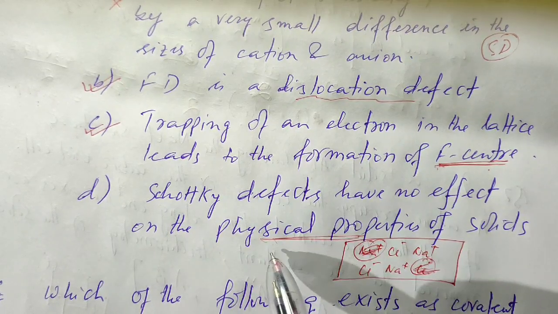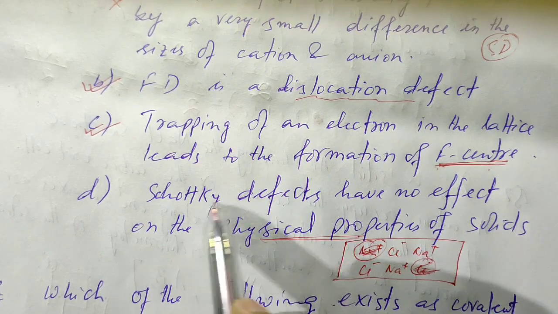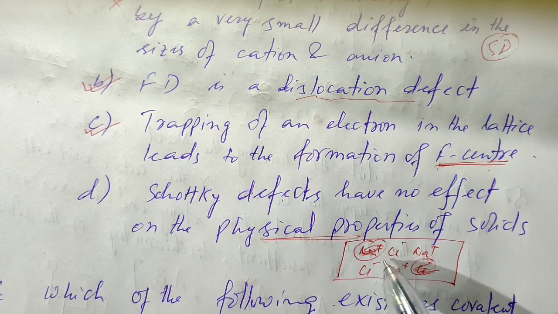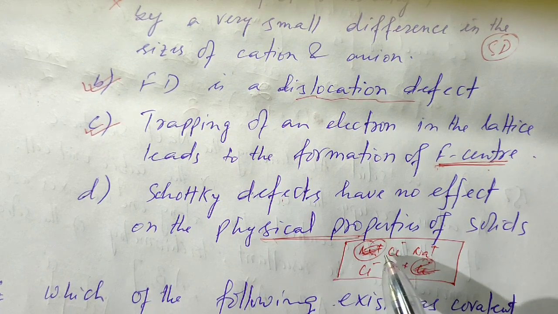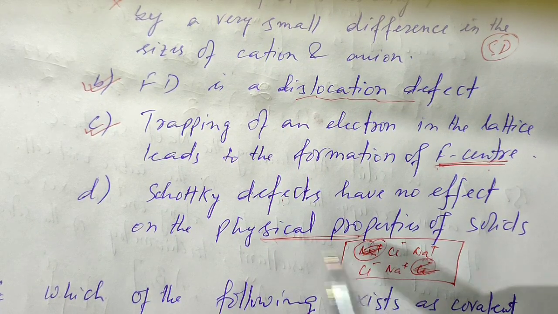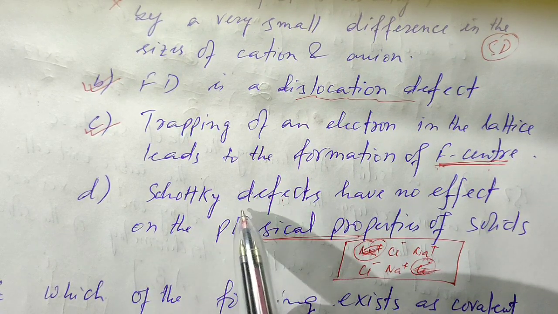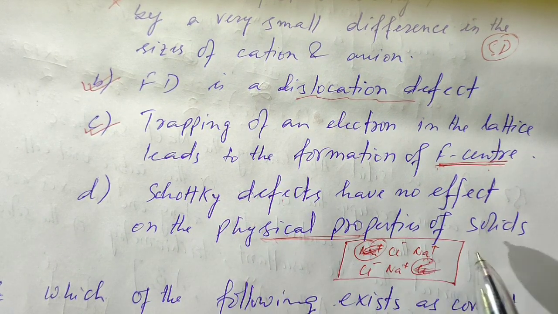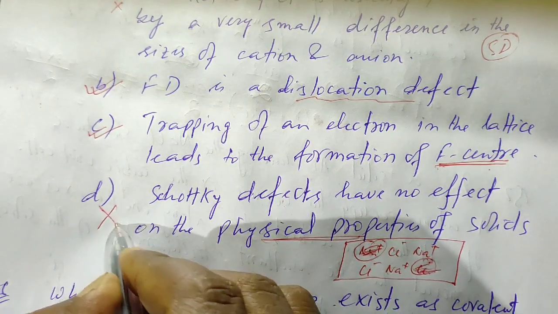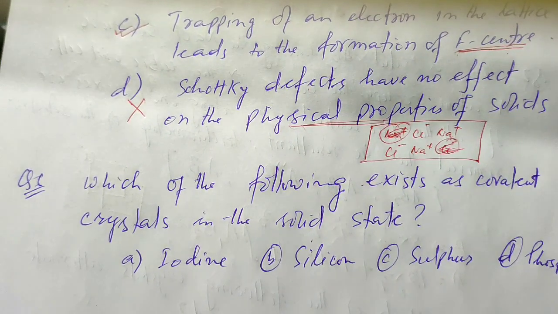So physical properties of the solid are affected by Schottky defect, and if we check the density, since the ions are removed or missing from the lattice site, mass per unit volume will also decrease. Therefore density, which is a physical property, will also decrease. So here it is mentioning that Schottky defect has no effect on physical properties of solids, therefore this statement is wrong. Okay, so our answer will be B and C. It has more than one correct answer. Okay, next question